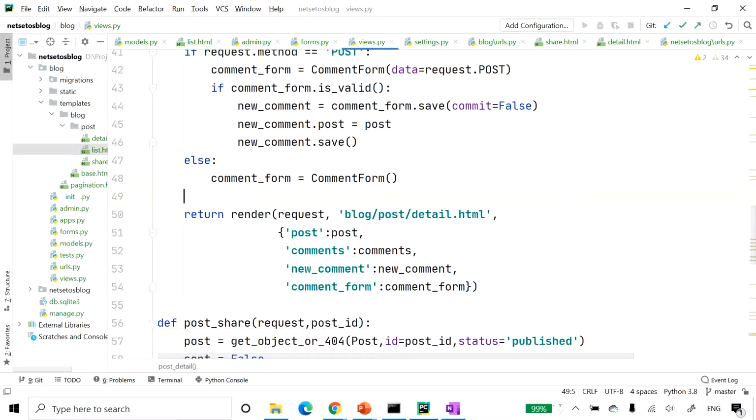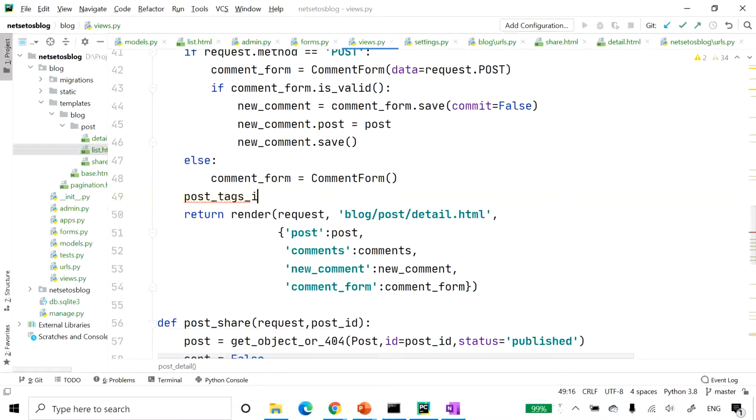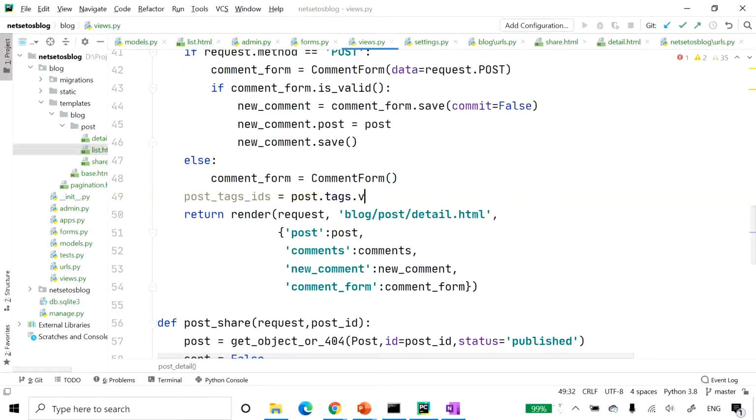So for that, I need to write post_tags_ids, which will have post.tags.values_list, and here in the parameter, I will have id, flat equal to True.